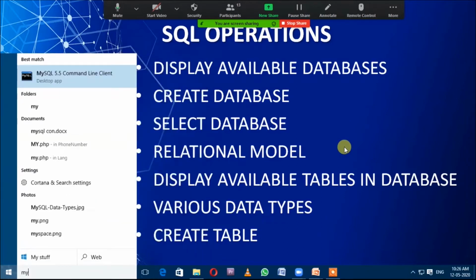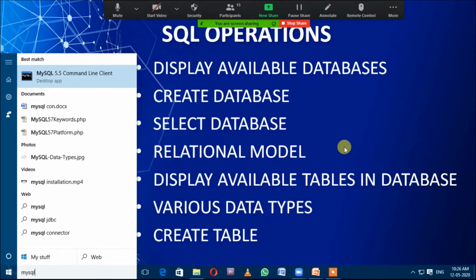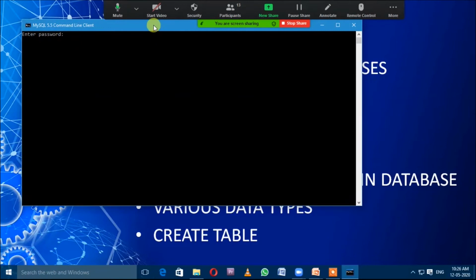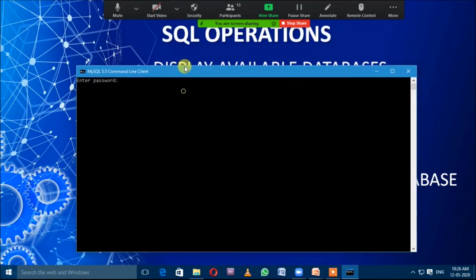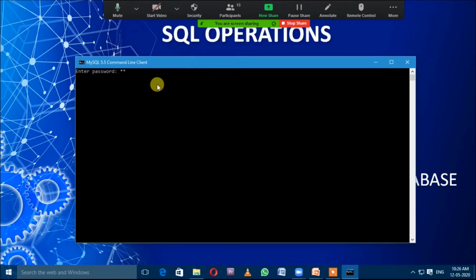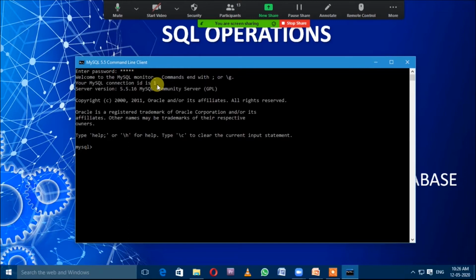Here type MySQL. This type of icon will appear on the screen. Hit enter and MySQL will open. Now in MySQL you need to write the password of the root account which you entered at the time of MySQL installation.